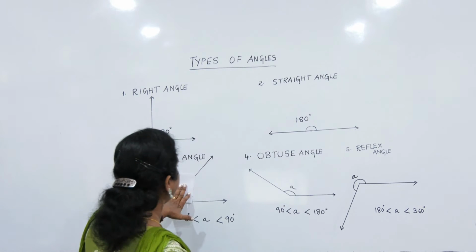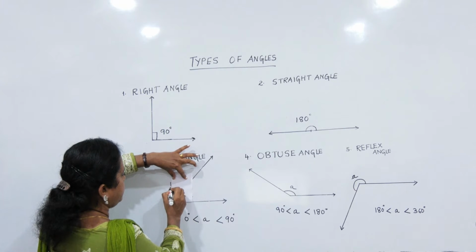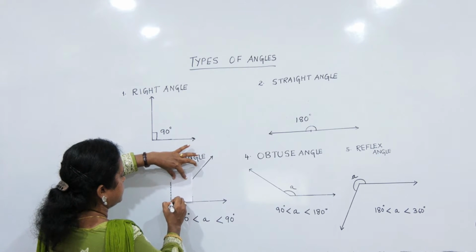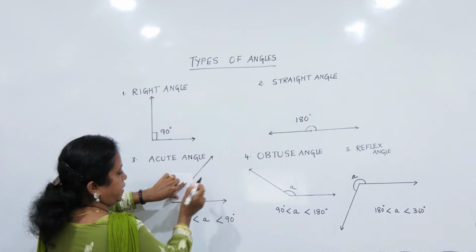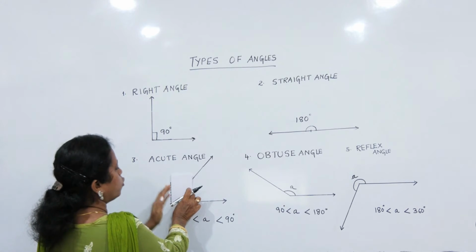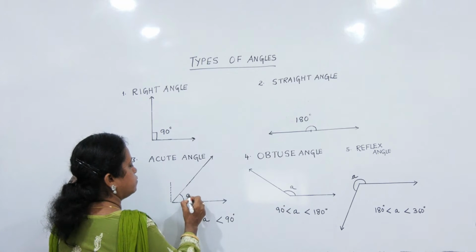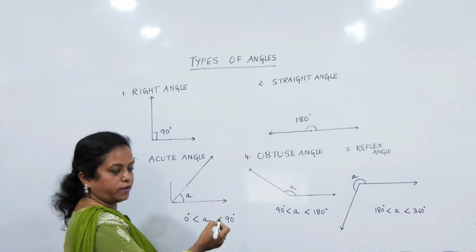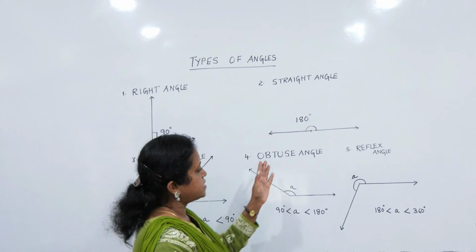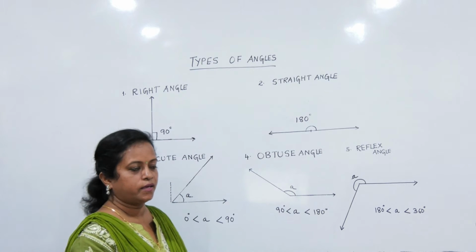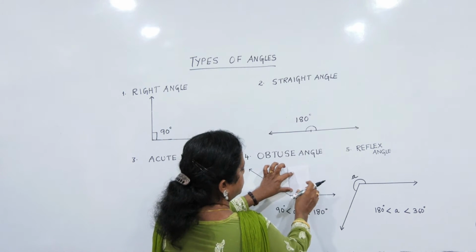Where is the vertical line of the right angle? It is actually here. But where is the ray of my acute angle? It lies within 90 degree. That is, it does not go beyond this line. That means an angle having a measure which is greater than 0 degree but less than 90 degree is an acute angle. Now the next angle that we learned was obtuse angle. If I place this right angle tester on the obtuse angle, what do I observe?